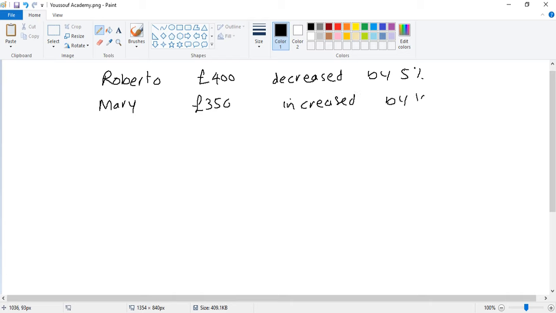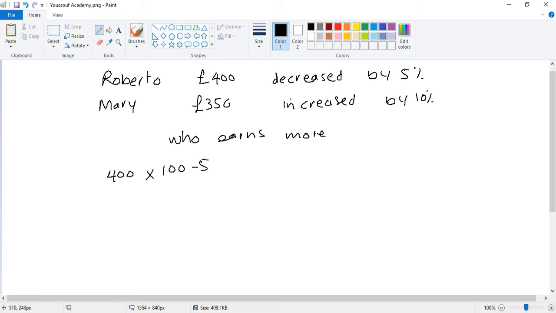Who now earns more? First of all, Roberto decreased by 5%, so it will be 400 times